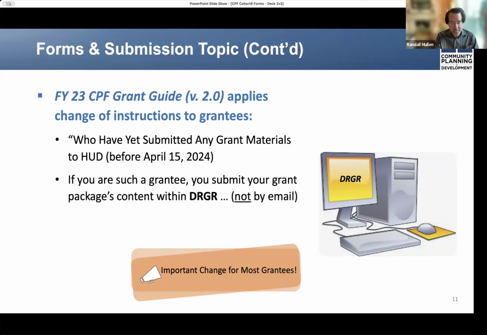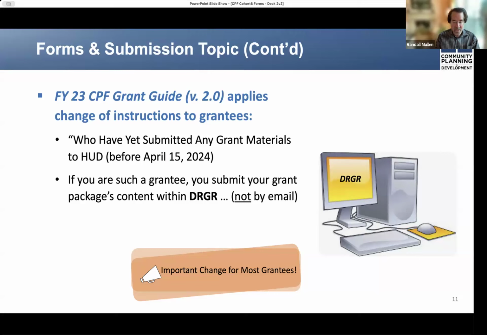On the other hand, the updated FY23 CPF grant guide does change instructions for grantees who did not submit any grant material to HUD before April 15, 2024. If you haven't recently begun submitting grant materials, you will submit your grant package materials within DRGR, not by email.